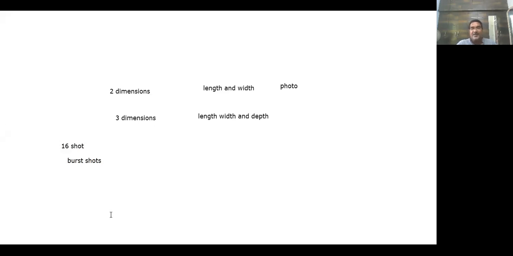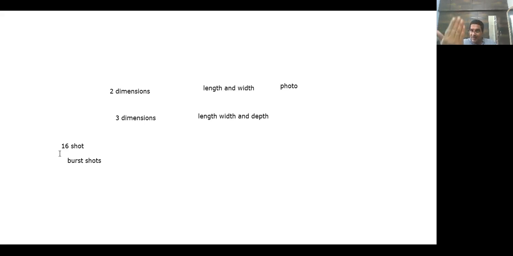Fifteen, twenty years back, when I was explaining this, that kind of technology was not available. So what I used to say when I explained X-ray radiography and angiography, the same technology: we used to have cricket books at the time. If you open the pages and move them faster, a cricket shot will be seen. That kind of printed book was available in the market. I don't know whether they are available at present, but nowadays, if a person is walking there, you take a burst shot, 16 shots or 32 shots.